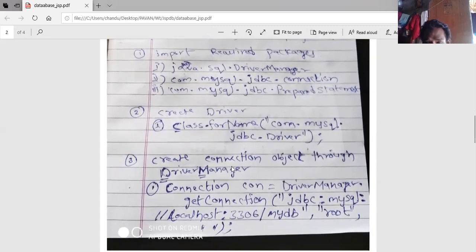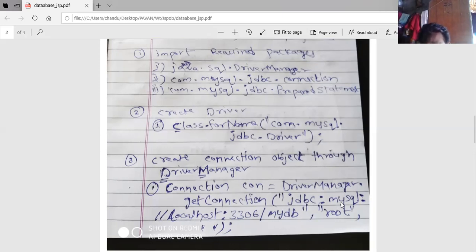Next up, create the connection object through the DriverManager. D is a capital letter, M is a capital letter. It is a built-in class which we imported earlier. Next, Connection object name con equals DriverManager.getConnection. Within that, we take some arguments: jdbc:mysql://, host name, port number and database name.